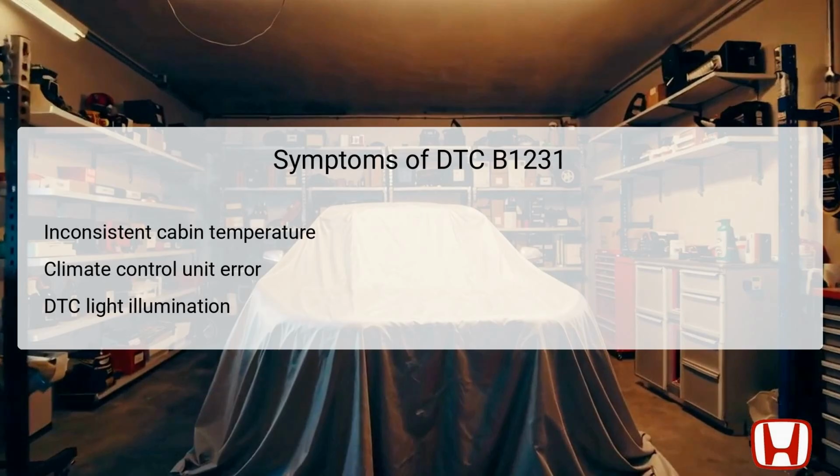Additionally, the DTC indicator light is likely to illuminate on the dashboard, alerting the driver to a malfunction within the climate control system. These symptoms can lead to discomfort and dissatisfaction with vehicle performance, emphasizing the importance of addressing DTC B1231 promptly. Observing these signs may prompt a driver to investigate further or seek professional diagnostics to prevent further operational